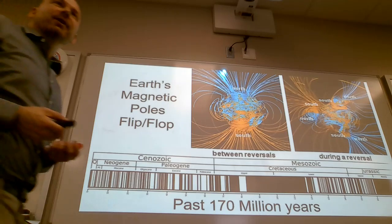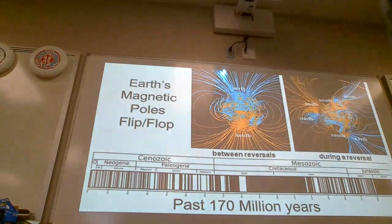So people always ask, when's the next time this is going to happen? We don't know. I mean, look at this. There's not really a set pattern there. What would happen if it happened tomorrow? It would affect some stuff. It wouldn't be like,